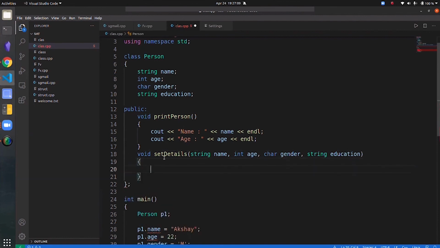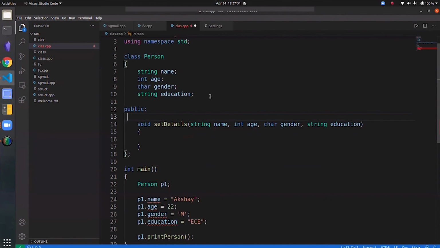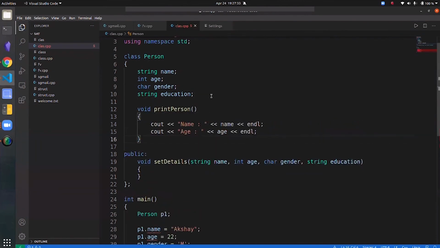You have to remember that it doesn't matter if these functions are public or private, as long as they are within the class code block. Any function can access any private member or any other private function. So if this function was inside here, I can access it from within this public function.